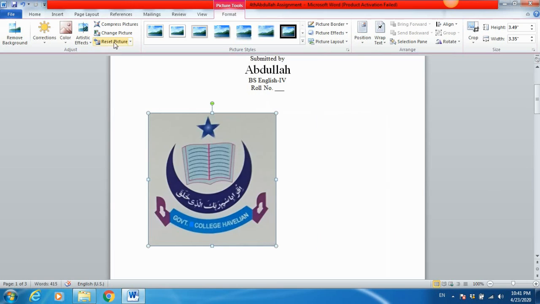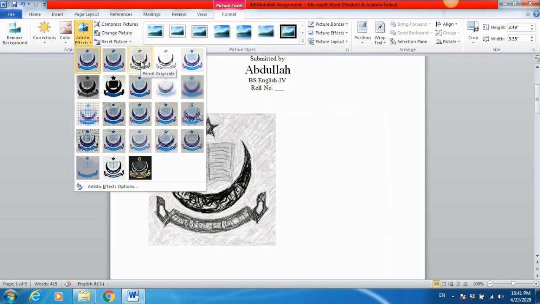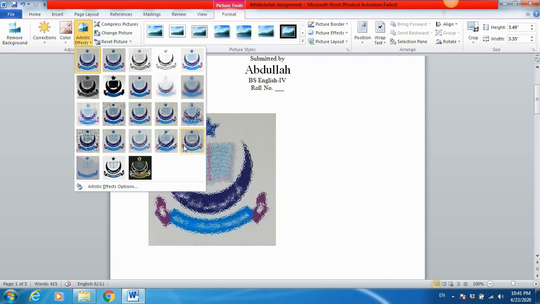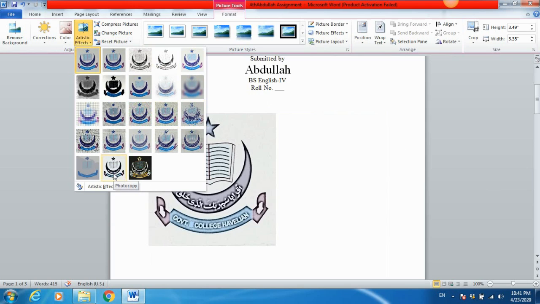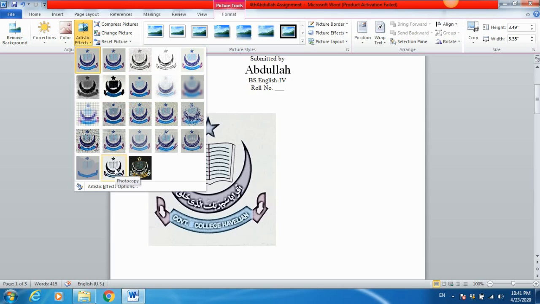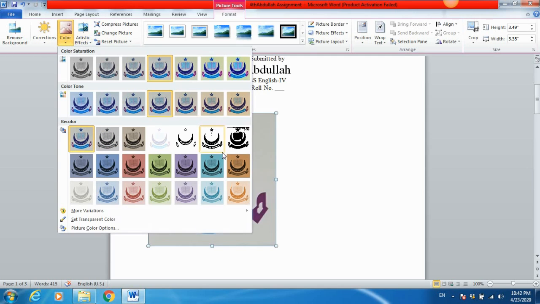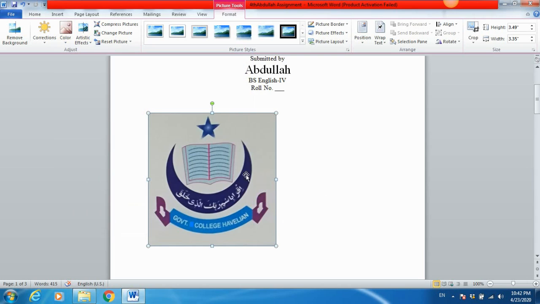Okay, so here I think we have distinct effects. So we can select this one or this one. Okay, let me select some better one. I think this is not fine, so let's see what about this. Okay, you can select any background. Okay, let's see what is the color. I think yes, this is correct, this is fine. So I'm going to first drag it here.